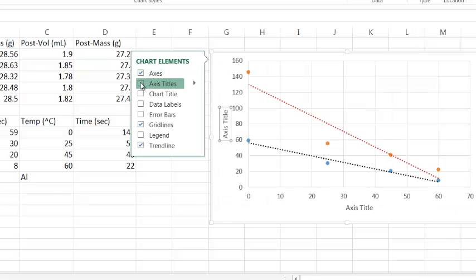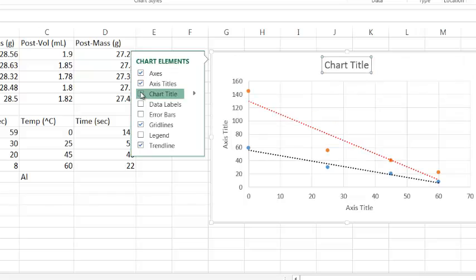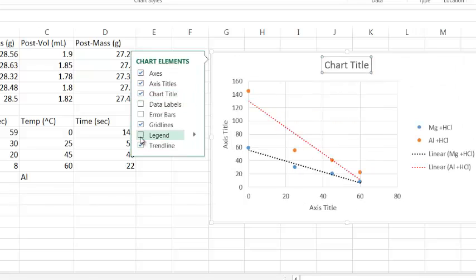We want to add axes titles, a chart title, and a legend. And you can choose to have or not have the lines. You can see what it looks like. It's up to you. It's a personal choice. So